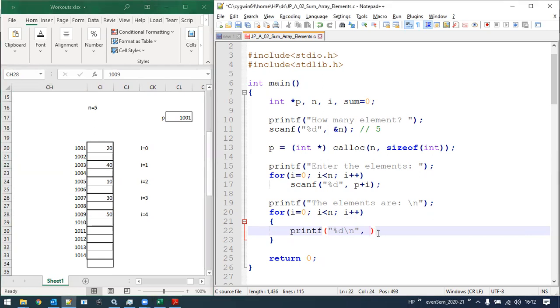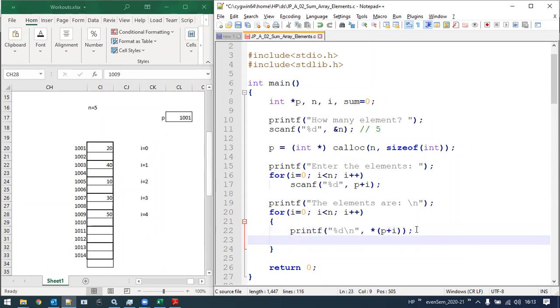To retrieve that, I need the indirection operator, within that P plus I. Then complete the semicolon. This printf statement will print all these values 20, 40, 10, 30, and 50 on separate lines.